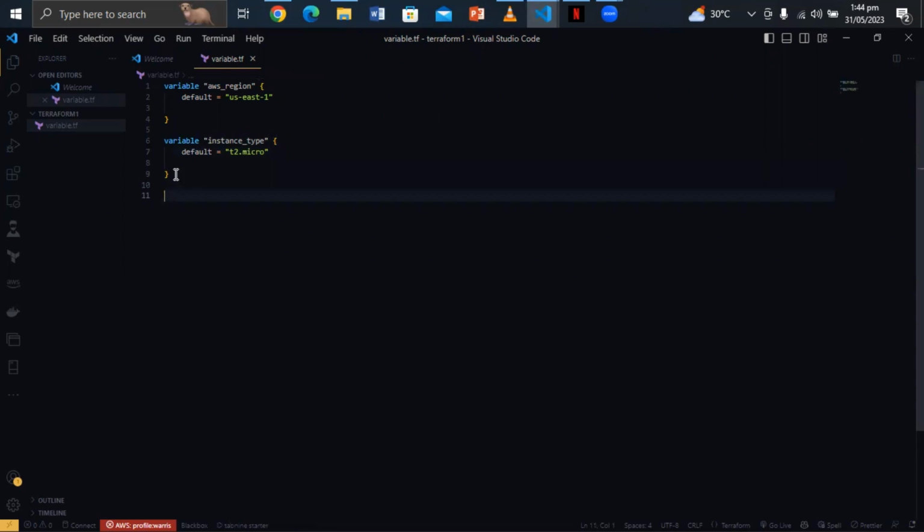my AMI. Very good. AMI is very important in creating an EC2 instance, because like I said, AMIs are configured templates that contain the necessary information to launch the instances. Our AMI is very important. So I go again, variable. You can see we're just using variable, then put the name. That's ami_id. We're using our AMI ID, and our default AMI ID